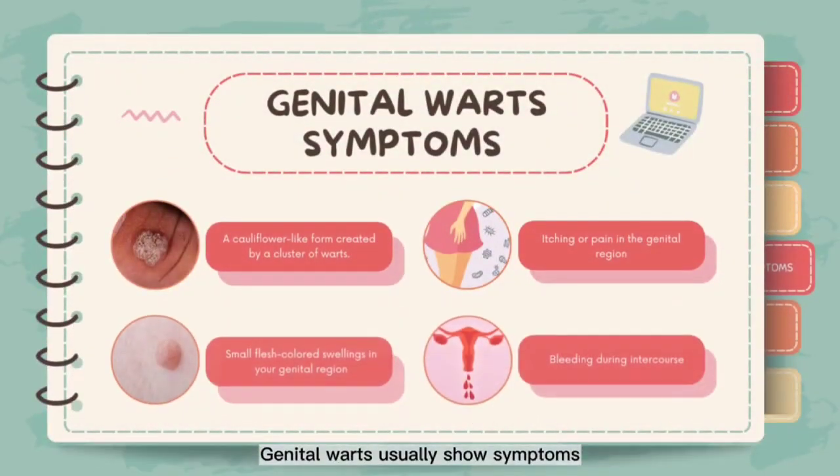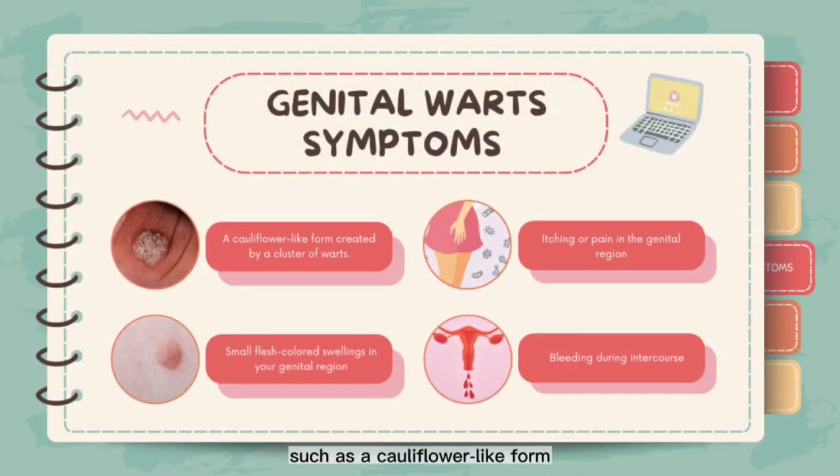Genital warts usually show symptoms such as a cauliflower-like form created by a cluster of warts, caused by the development of HPV that infects the basal cell, which leads to unusual growth layering on the skin. Other symptoms include small, flesh-colored, brown or pink swelling in your genital area, along with itching or discomfort, and bleeding